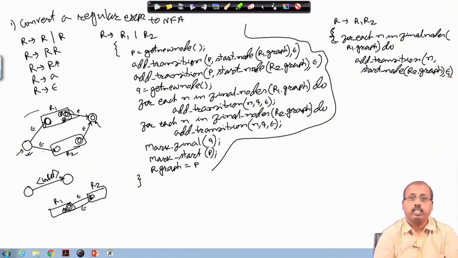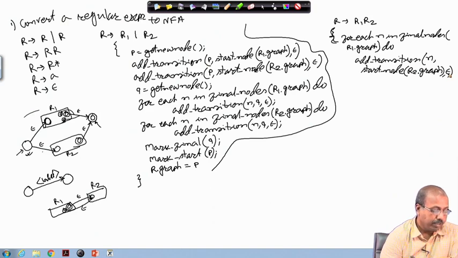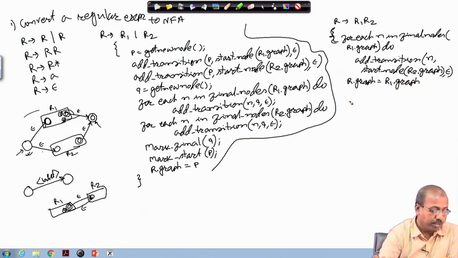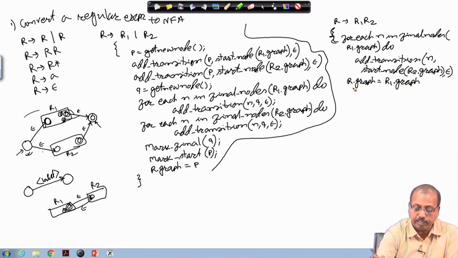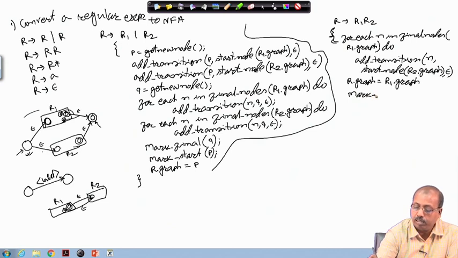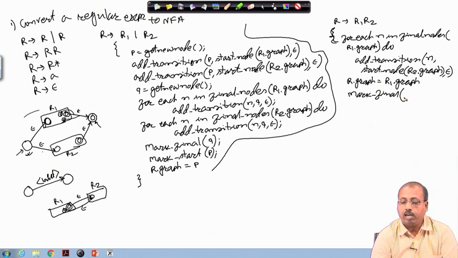So, this is the transition that we have added, and then R dot graph can be simply made equal to R1 dot graph. And then I have to mark the final states. So, mark final for this particular graph R. The final states of R will be the final states of R2.